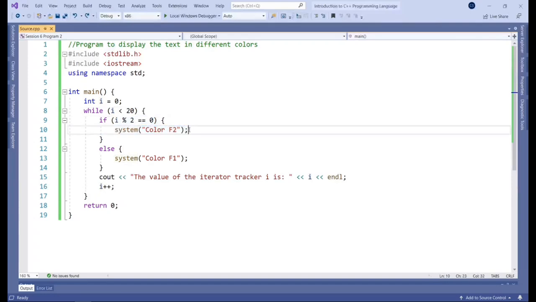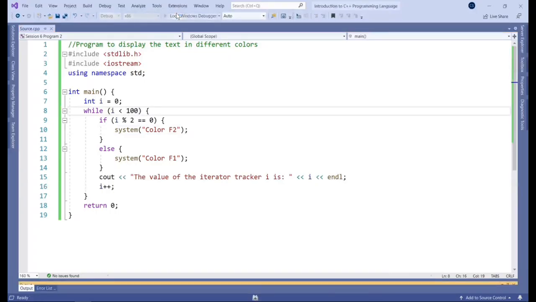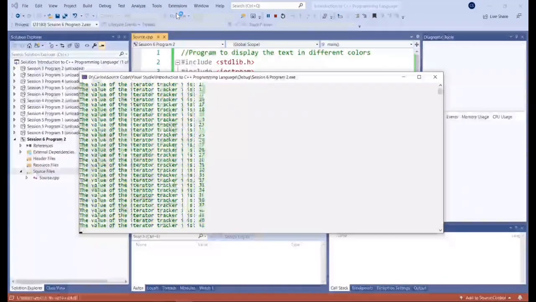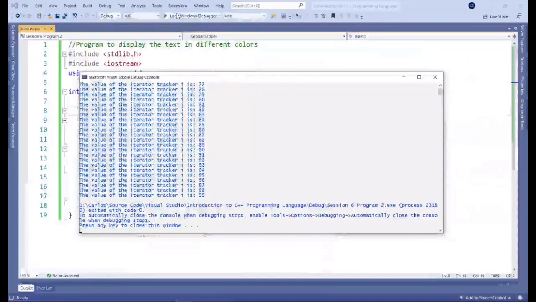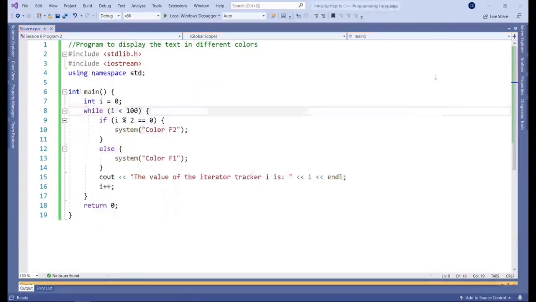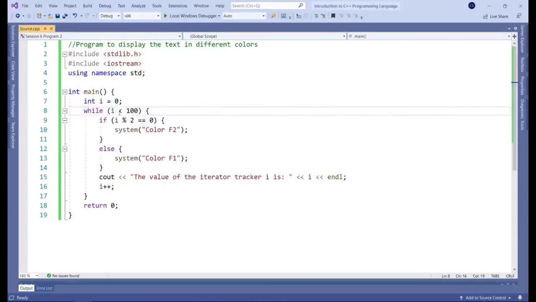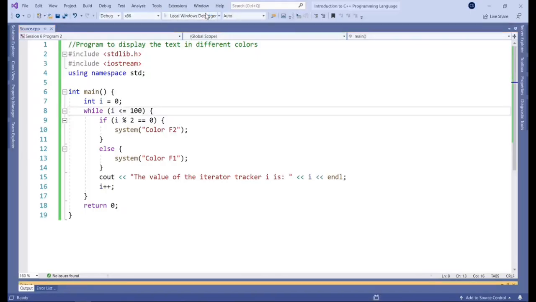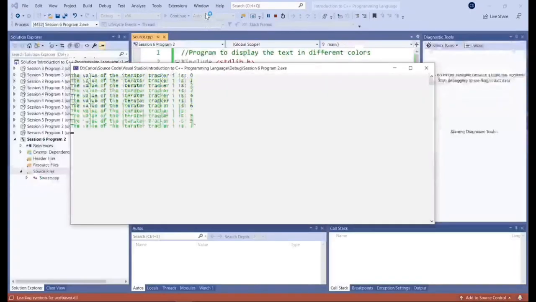And you can play around with the parameters. So you could, for example, make this 100. It would go on a little bit longer, but let's check that out. You can see it's flicking back and forth between the colors. And there you go. So it went up all the way to 99, actually. So if you wanted to go up to 100, you would have to make that less or equal to. That way, when it does hit 100, that condition is still true.